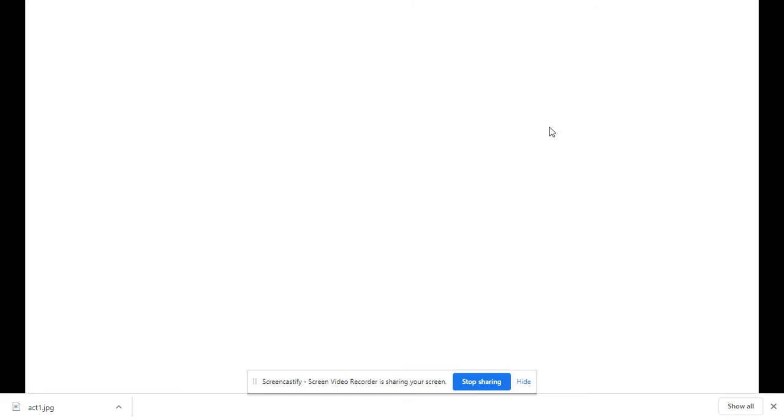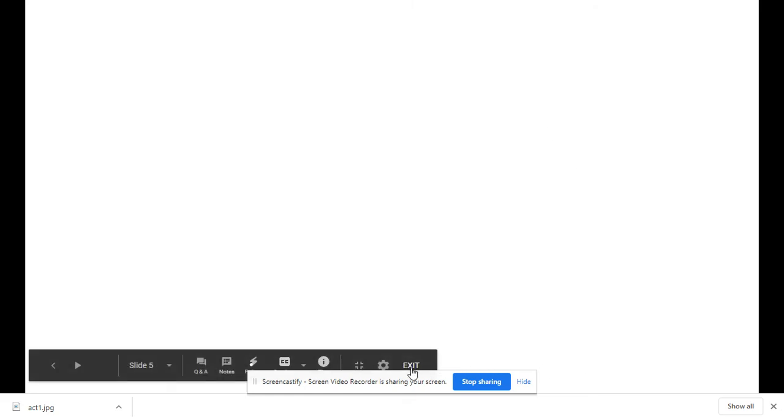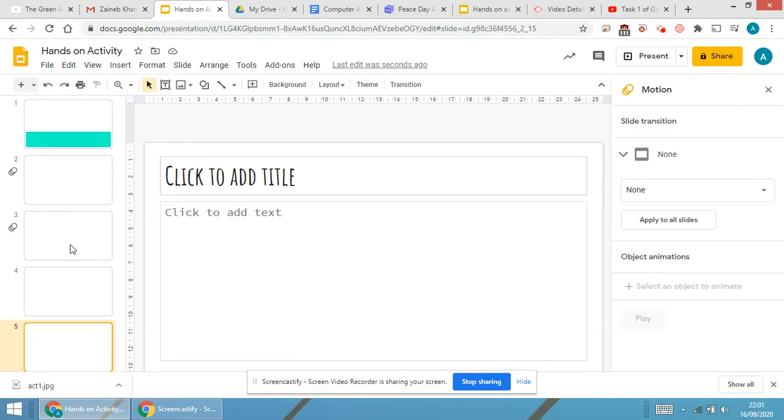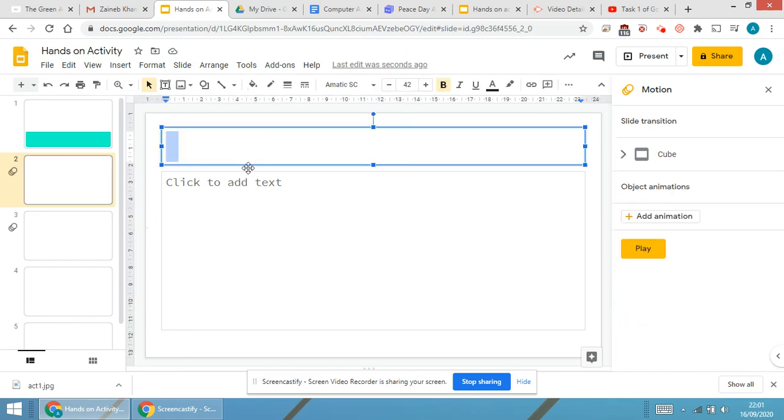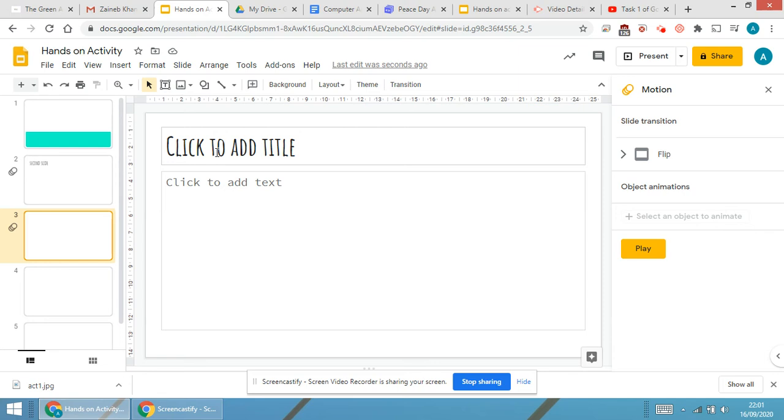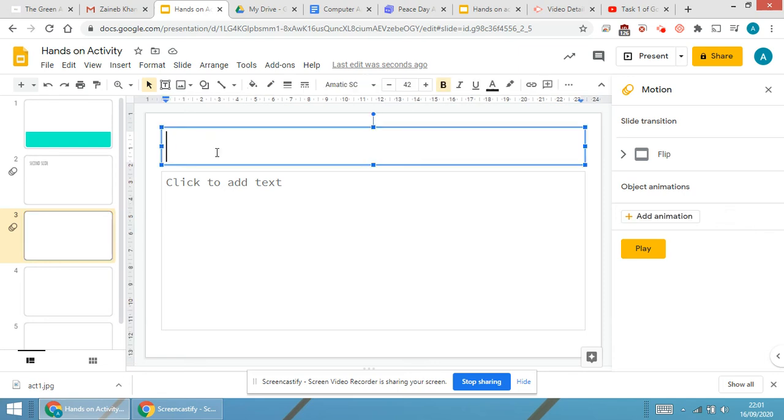Now, since all the slides are blank, we won't be able to see the transitions much over here. I require to give any numbers over here. So just in order to make the presentation clear, I'm just inserting a text over here as second slide and third slide. Now the transitions will be clear to all of you.